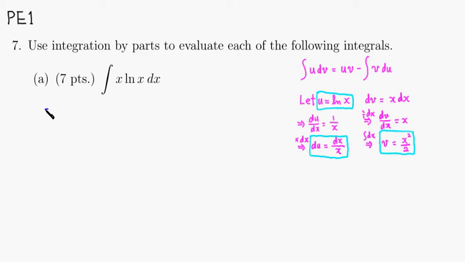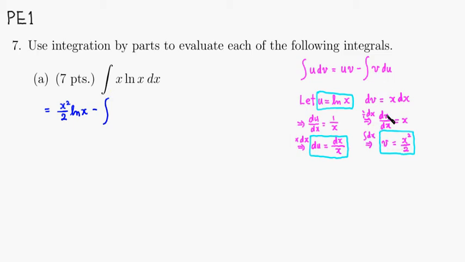So this is going to be equal to u times v, which I'm going to write as x squared over 2 times natural log of x, so that's uv, minus the integral of